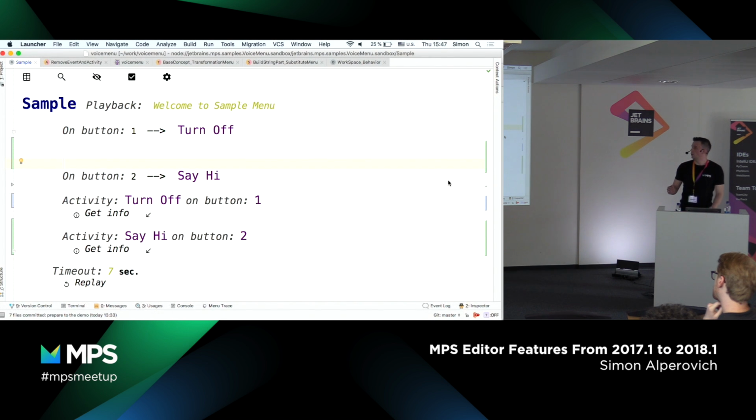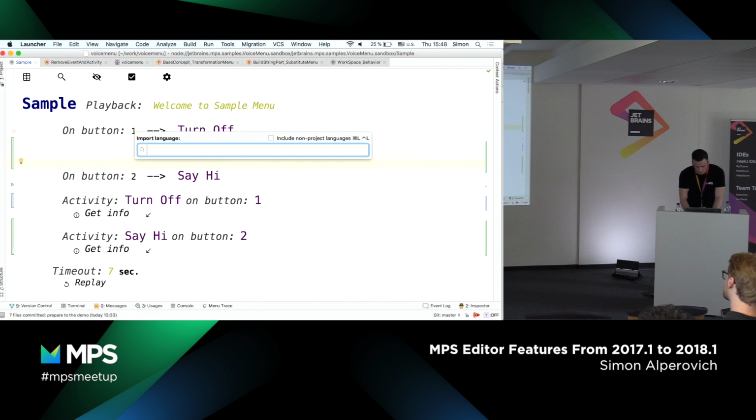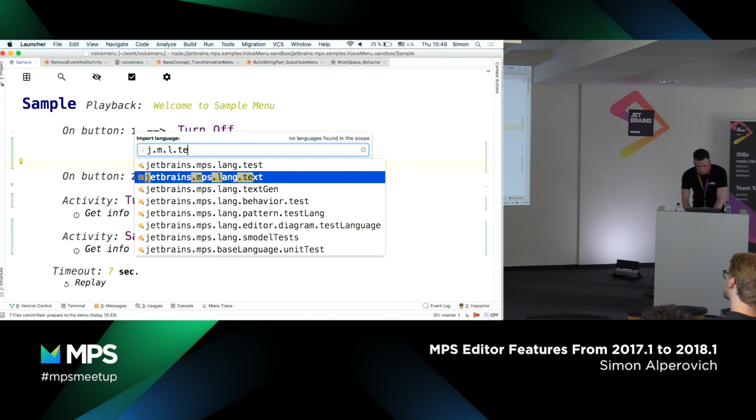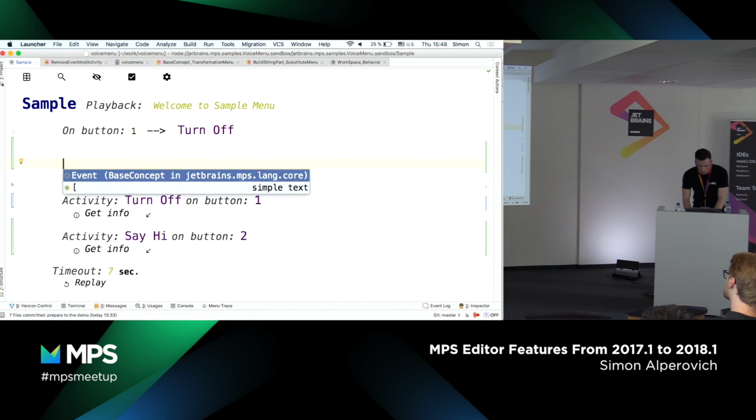So we have the white spaces, and I emphasize that it works for every multiple collection, so you don't need to design it explicitly for your language. It works on every collection, so because of that, it's generic. And here the completion works, and also if you import the Jetbrains MPS lang text language, you could add the text here. So you comment something, see the